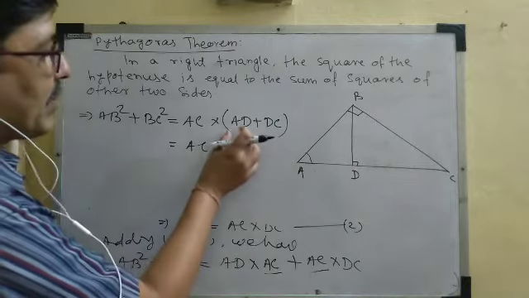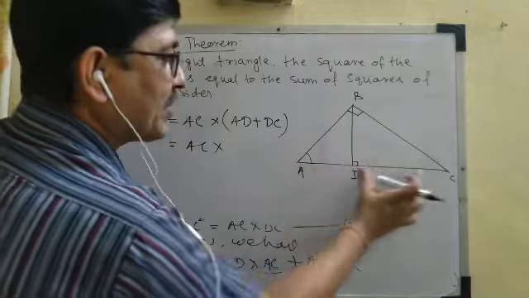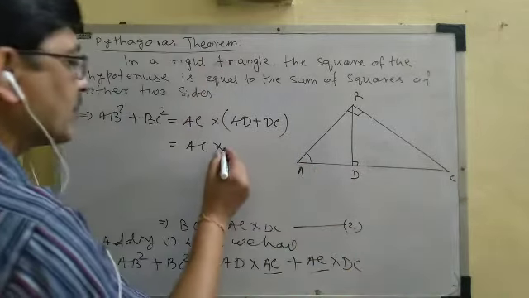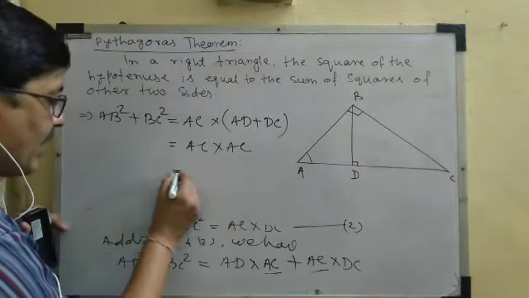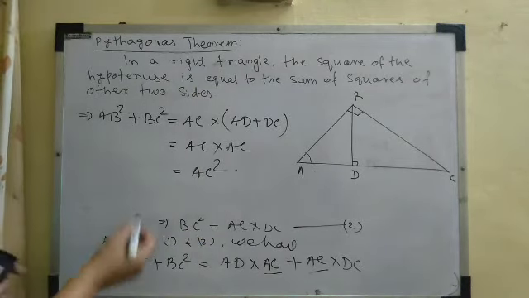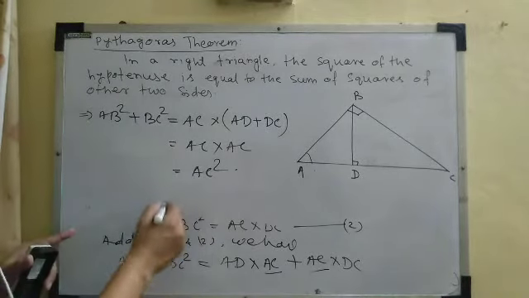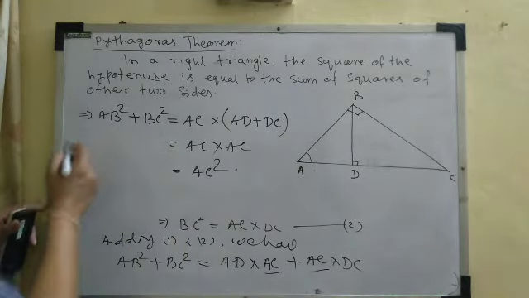Now you observe this AD plus DC. This is AD and DC. If we add AD plus DC, we will get AC. So AC into AC, which is equal to AC square. Now we have proved that AB square plus BC square is equal to AC square, or in other words, AC square is equal to AB square plus